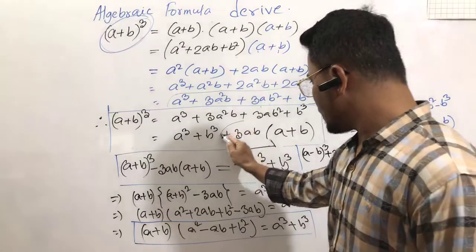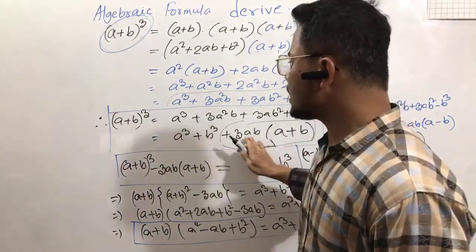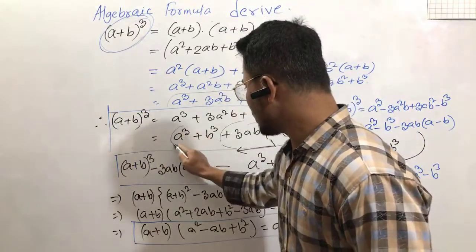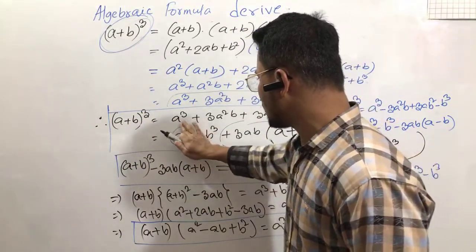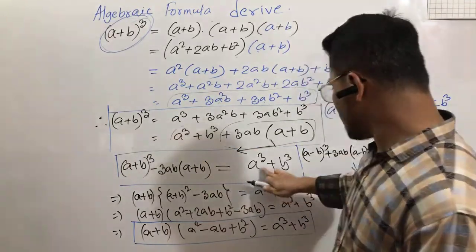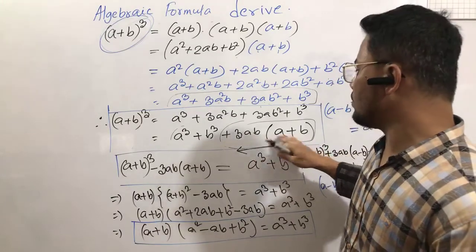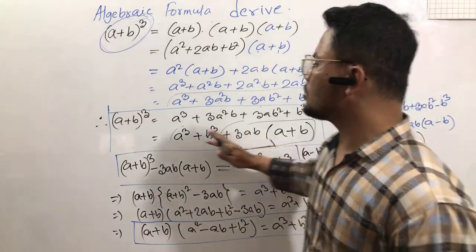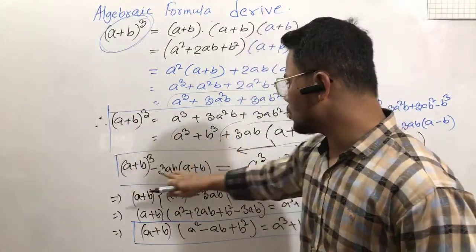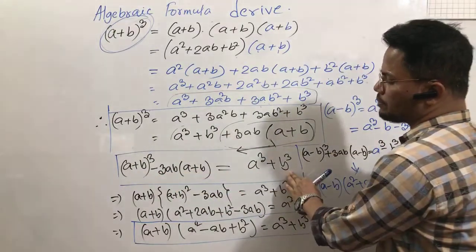Now see, this side is the right side. If we change this right side to the left side, then the part remaining on the right side is a square plus b square, along with this 3 times ab and a plus b. This is the right side. Now change it to the left side, so the plus 1 will be minus 1, and this is another formula of a cube plus b cube.